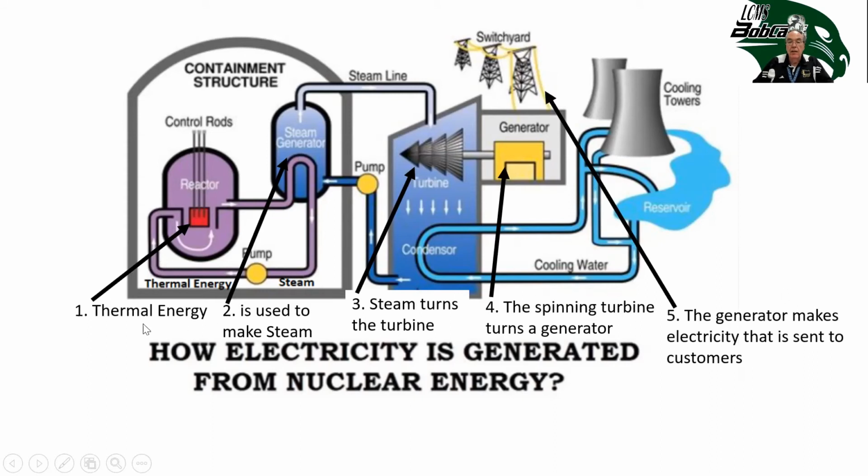So if you notice, these steps are exactly the same as they were in a regular fossil fuel plant, except for this first step, where it was the source of heat. And in one of the geothermal plants, it's the same. The only step that's different is the source of heat is the magma. So you would pump the water down to the magma or the lava, to boil the water, to get steam, to turn the turbine, to spin the generator, to